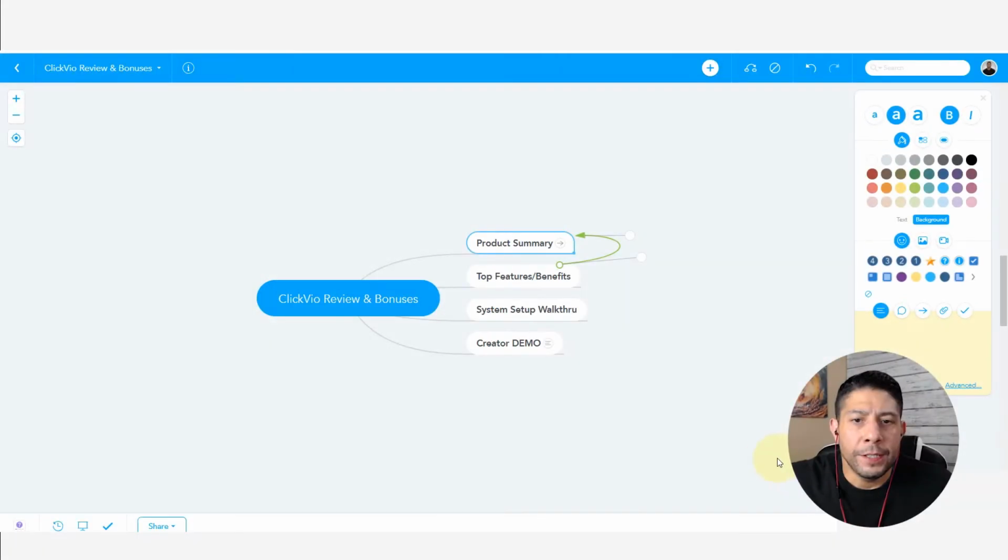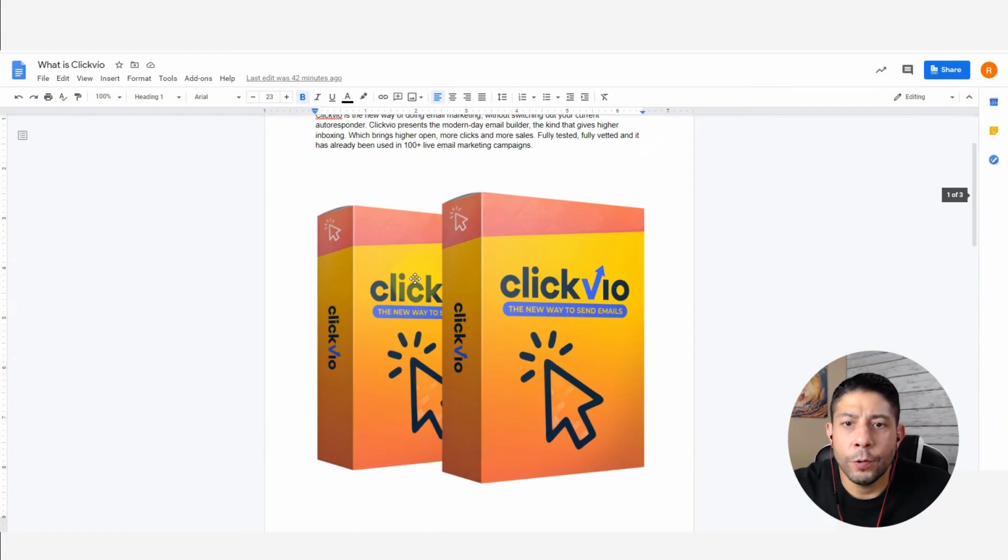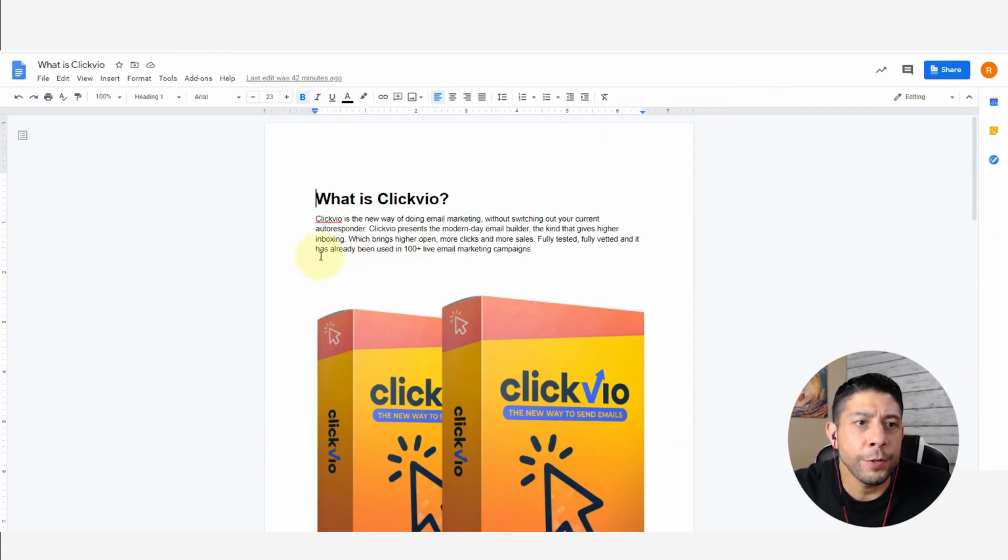All right, so for the product summary, let me go ahead and open that up. I put together a quick Word doc for you. Again, I can provide this to you. I'm going to try to read through this and summarize it as quickly as I can. But what it is, is a modern day email builder. Basically, the goal is to get you higher inboxing. So hence the name ClickVio, right? They want to get you more clicks, more sales,